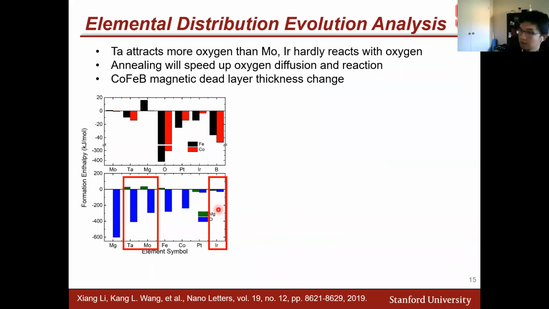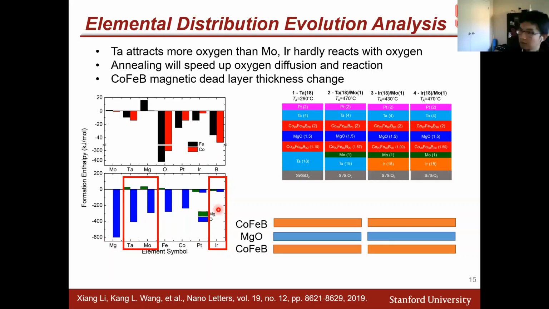With that in mind, we can actually explain how the oxygen amount in the cobalt iron changes. And that change, which I'll talk about in a few minutes, exactly follows the data we found earlier. Okay, so I'll go over this very quickly. In general, we also need to note that the thermal annealing temperature is changing. For these two cases, the first and the second stack, when you anneal at a higher temperature,